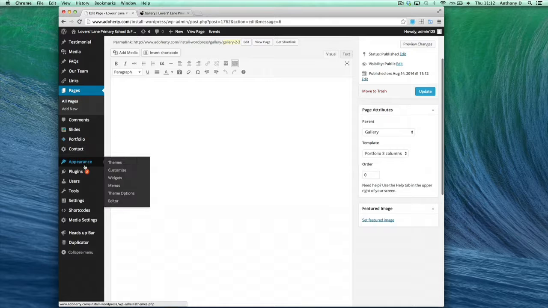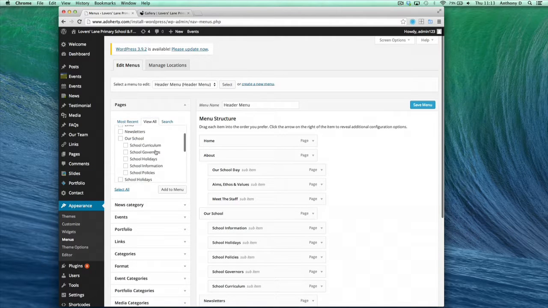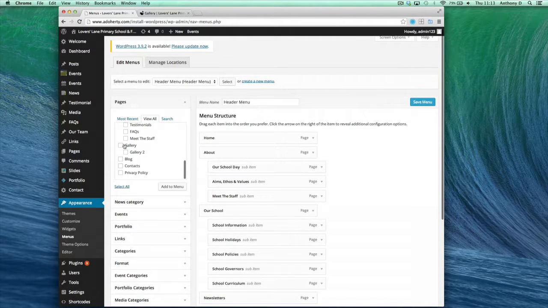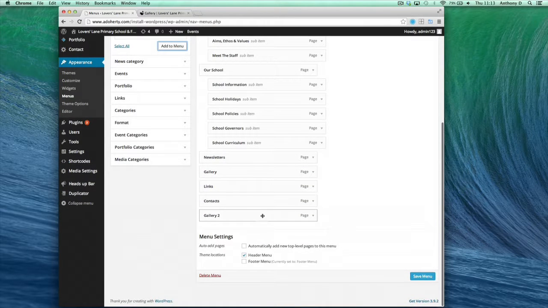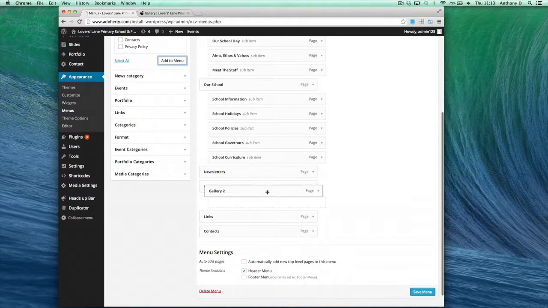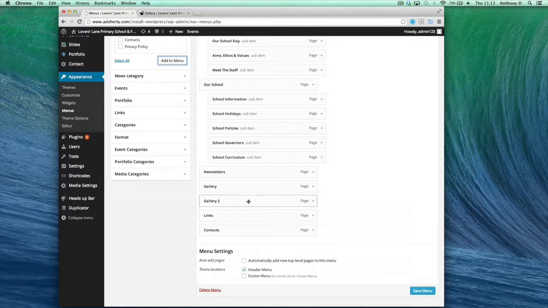So if we go to appearance, I tend to click view all, and we see gallery 2 there. So that's the new page we've just created. I'm going to add it to the menu. Now it normally puts it in at the bottom, so all you've got to do is drag it and put it under gallery, but instead of putting it to the left hand side, just indent it slightly to the right, and that means it'll go in the menu as it is there. So save the menu,